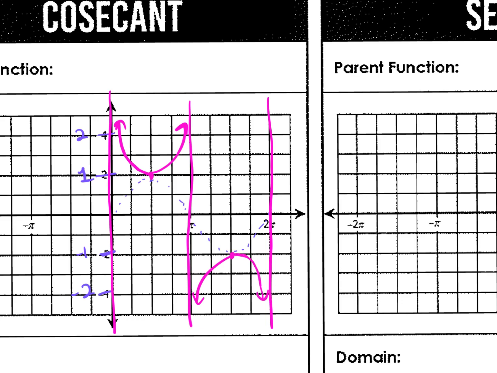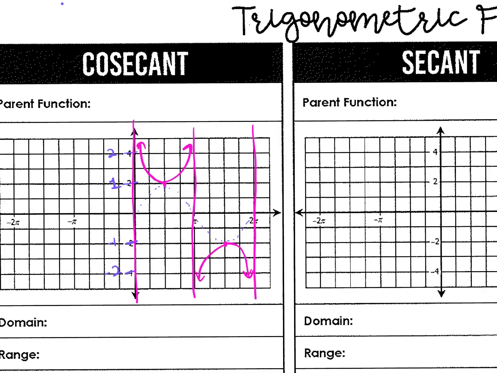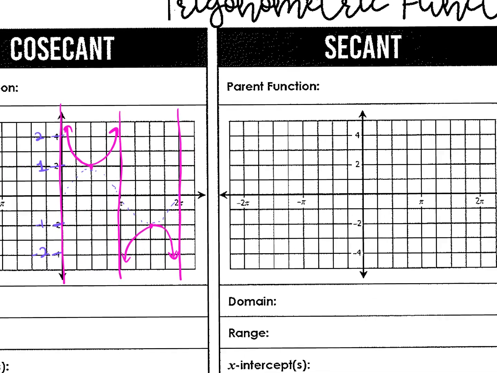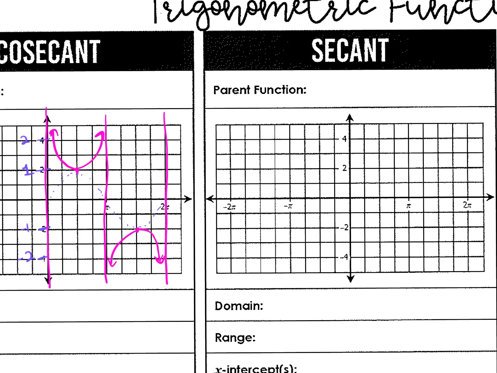So that's what our cosecant graph looks like, that pink there, okay? That's for cosecant. For secant, we know secant is the reciprocal of cosine. I'm going to change this again also. So if we lightly sketch in a cosine curve,